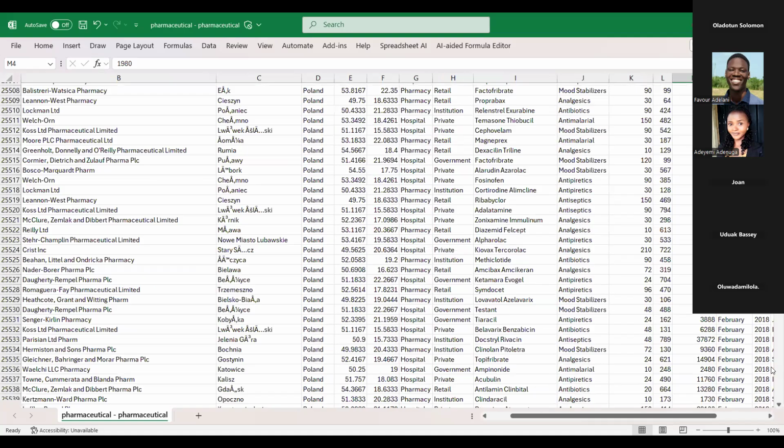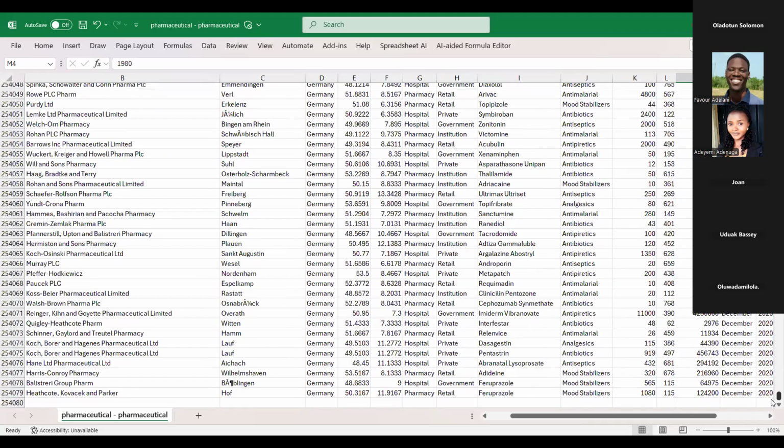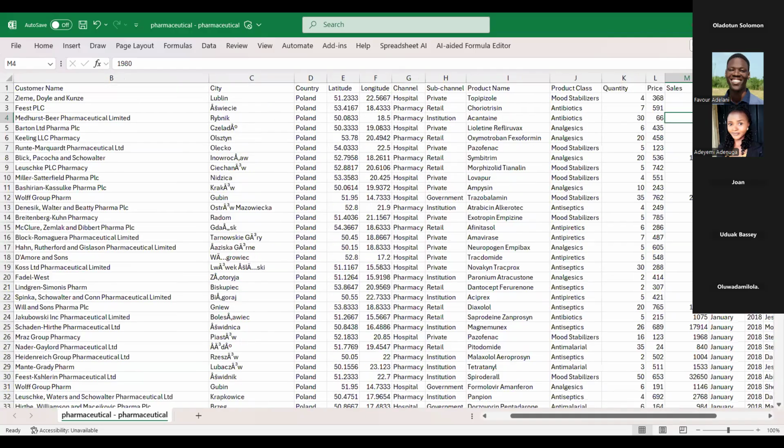But that's not even the major talking point. Now, if you look at these city columns, you see the way the cities are spelled here because of special characters. Now, let's go back to Power BI and you see what Power Query has done.